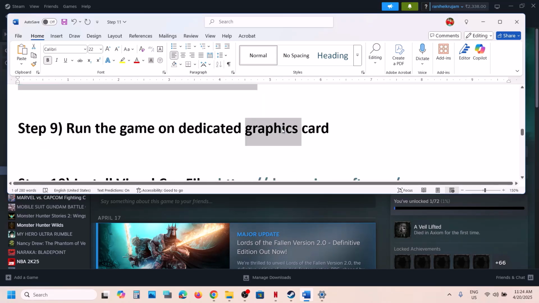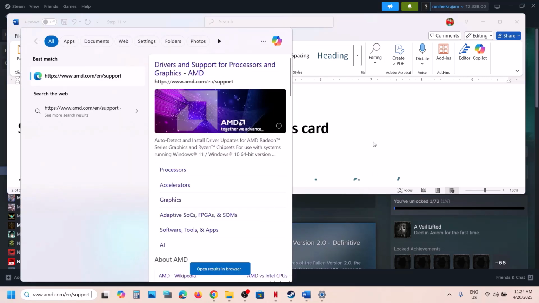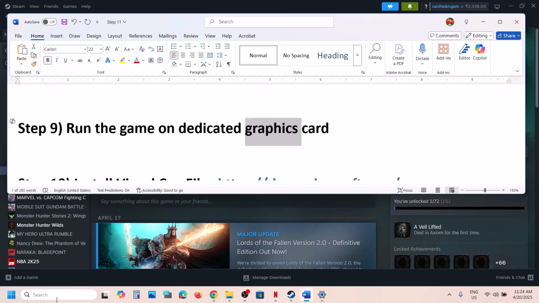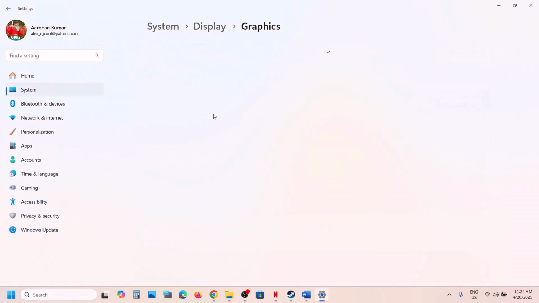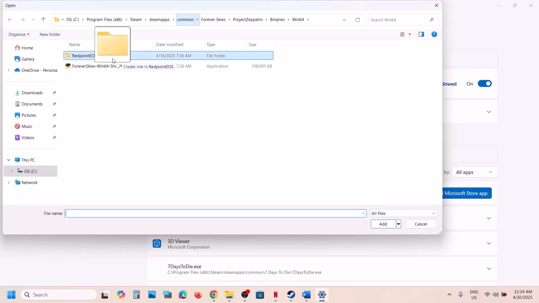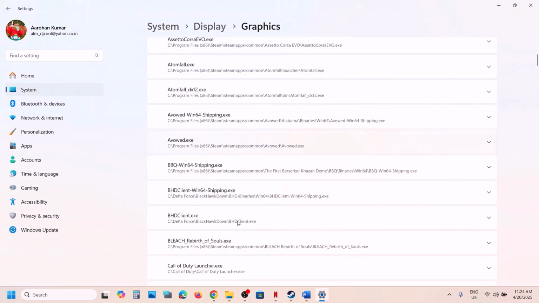Next step is to run the game on the dedicated graphic card. Now, for this, type in graphics settings in the Windows search box, and then go to graphics settings. Now, over here, click on Add Desktop App, and then open the game folder. And then open this LOTF2 folder, Binaries, Win64. Select this shipping exe file, click on add. Once the game is added over here,